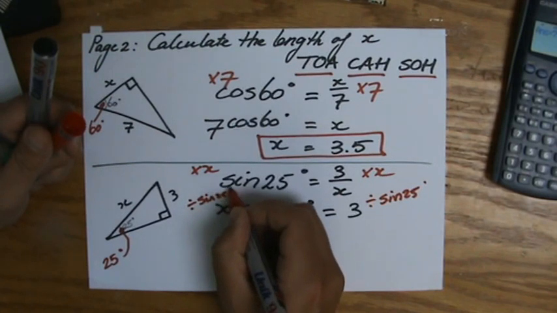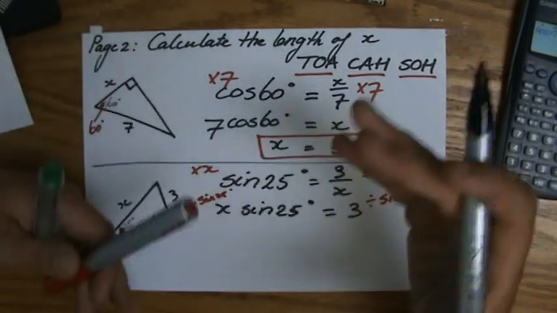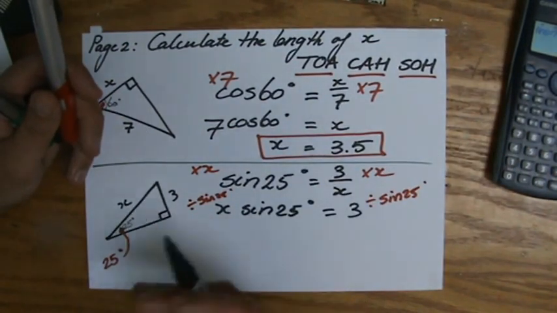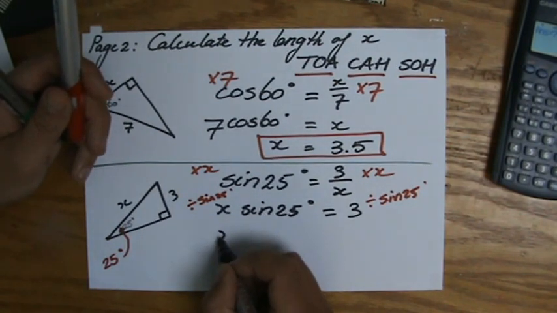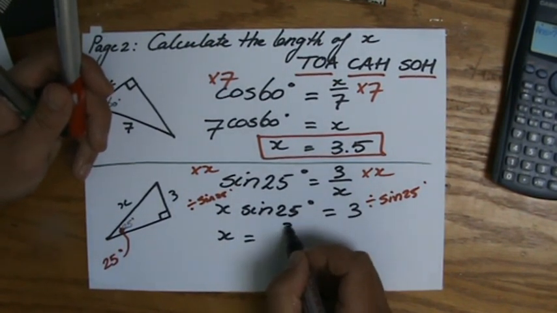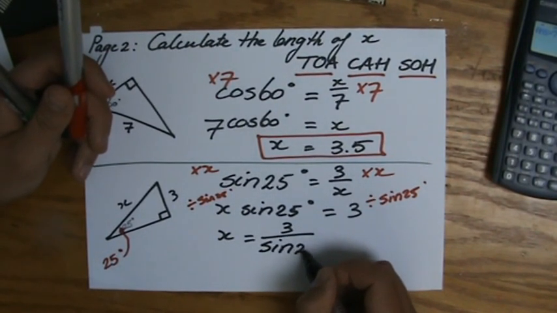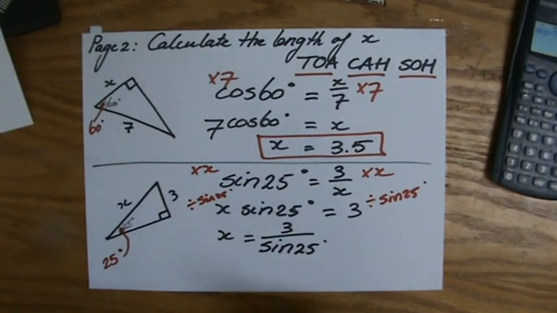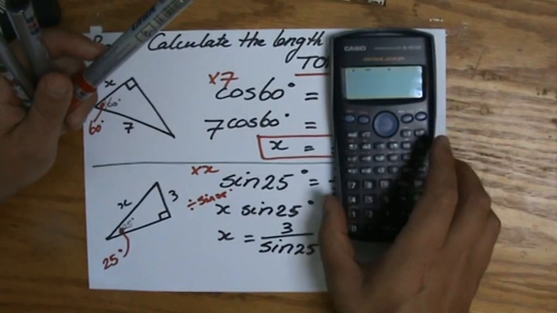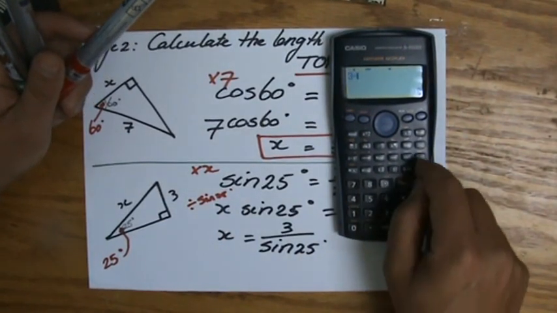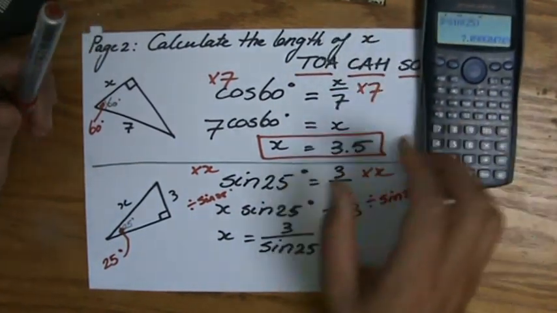Yeah, now make sure that you understand what I'm doing now, that you know how to rearrange a formula, that you are very comfortable with solving equations. There was a reason why in Key Stage 3 your teacher was emphasizing that so much, because now you are still using that even doing trigonometry. X equals 3 over the sine of 25. Fantastic. So calculator, thank you very much. 3 divided by the sine of 25, and that equals